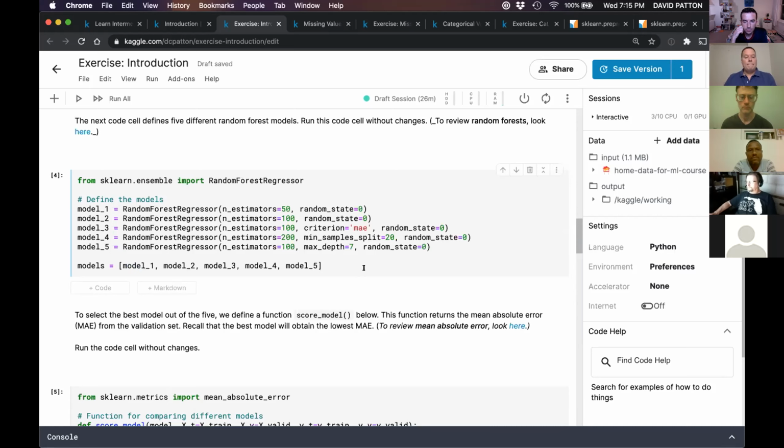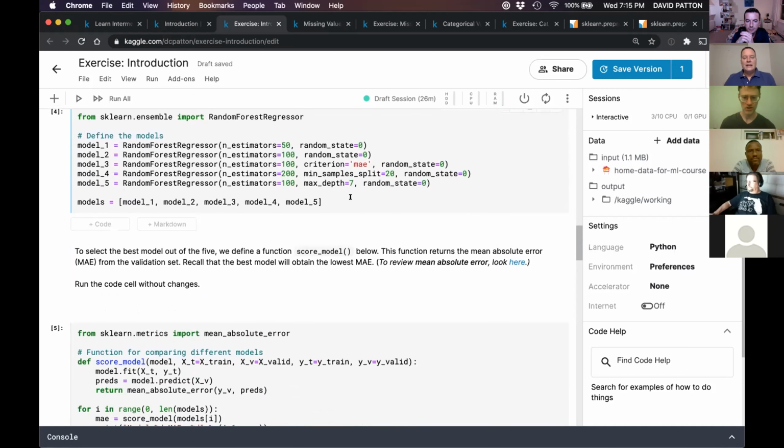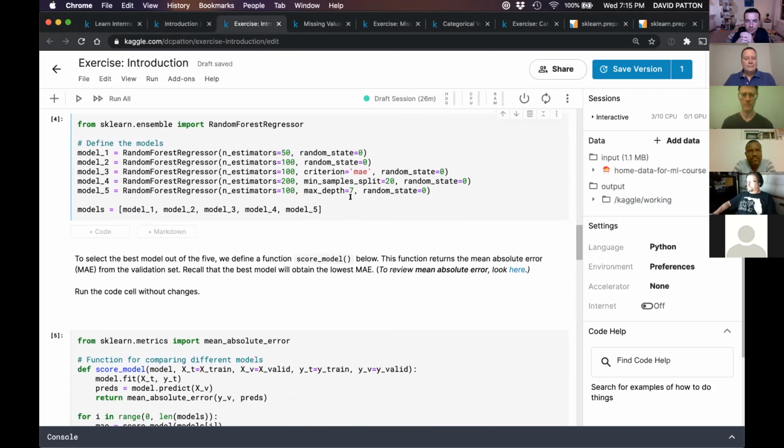That min sample split equal 20, is that the requirement that you need at least 20 samples before you branch to a new level? I have to go look at the different random forests. Most of these are trade-offs. Most parameters to most machine learning models, honestly, are somewhat of a bias-variance trade-off, right? So here, min sample split for random forest requires that if you don't have at least 20 samples at a particular leaf in the tree, you're not going to split it again.